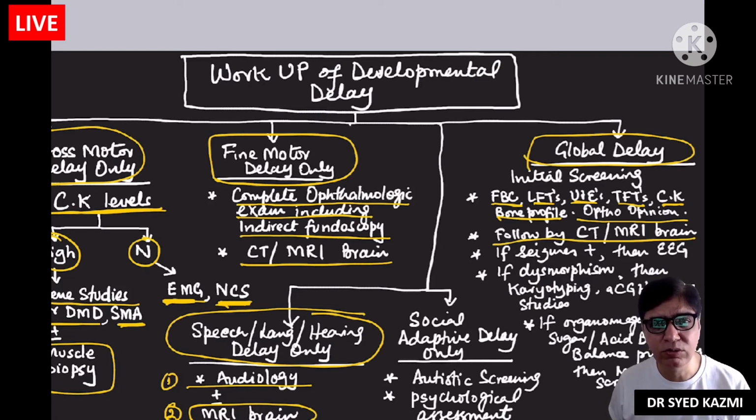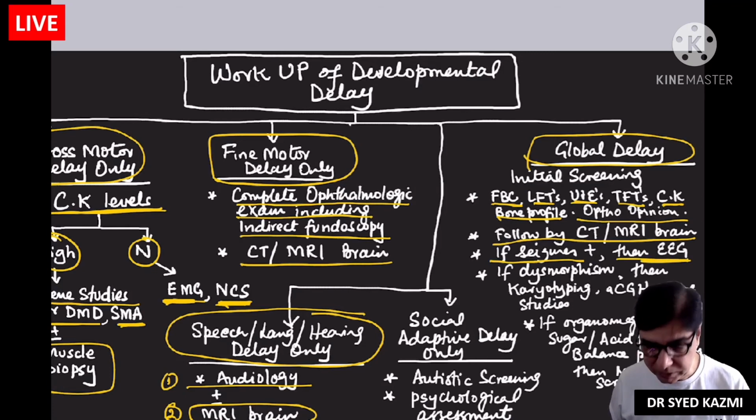It is also very good in picking up gray matter disease, white matter disease, congenital problems or defects in the brain. So that can be picked up. If seizures are also a part, now you don't look for seizures in developmental assessment, but I told you that when you do the developmental assessment, you also do a neurological assessment. So in the neurological history, if there has been a history of seizure, then you will also do an EEG,